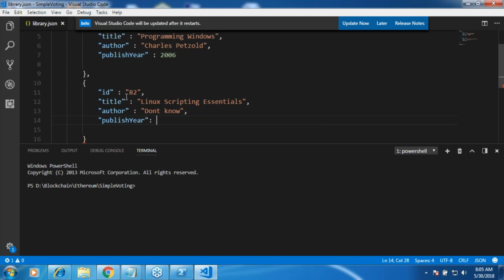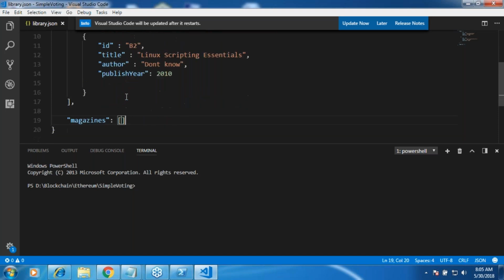Okay, so publish year, let me put it as 2010, something like this. So are my books finished? Yeah, are you getting an idea of how to deal with this stuff? If I have some more keys, probably I'll be adding them. Yeah, this is how you write JSON.